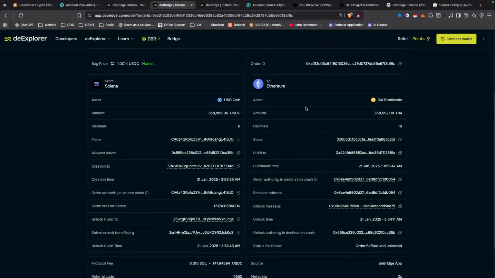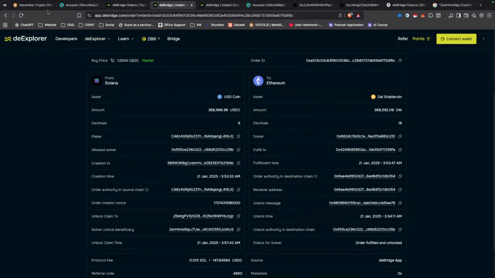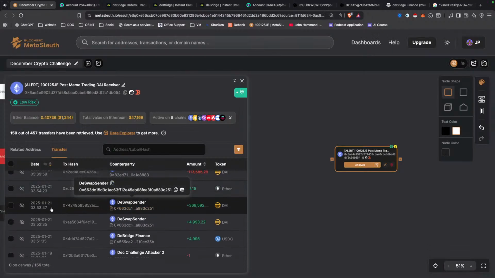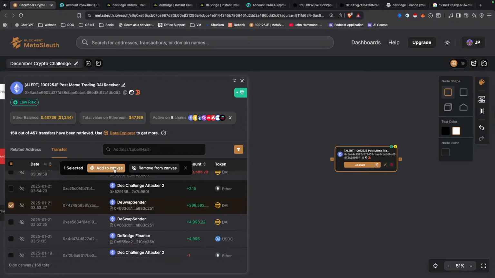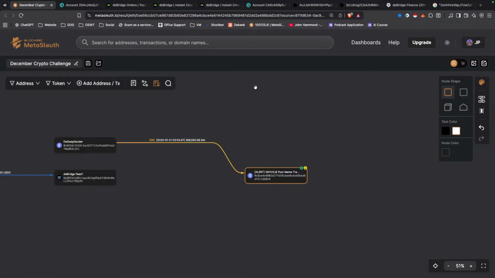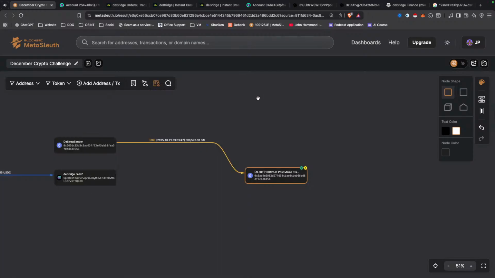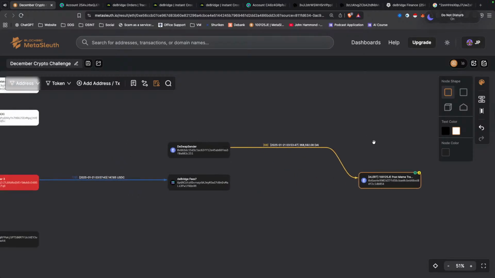368, and that was on, I think I said, the 21st of Jan. So 21st of Jan, 368, there we go. That's our transaction. Specifically our transaction for this trace. And that's one mistake that I see people doing. Sometimes you show too many transactions. I think that the best way that has served me is to show only the relevant transactions.